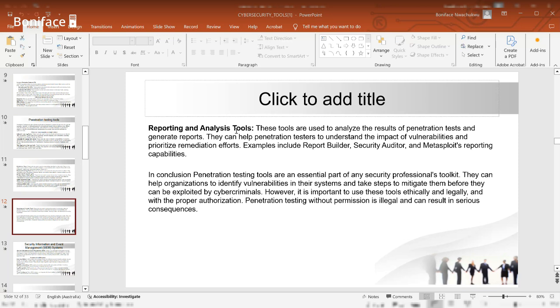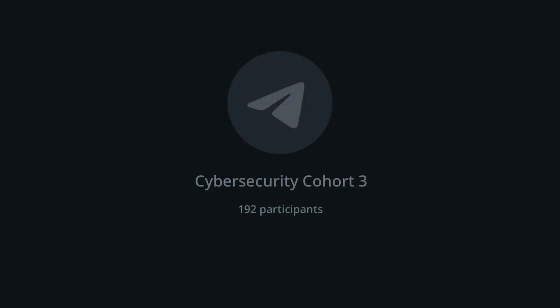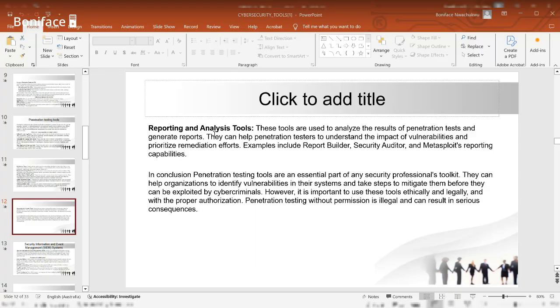Now, some cybersecurity people don't know how to use the tools. They are not good at penetration testing. But trust me, when it comes to